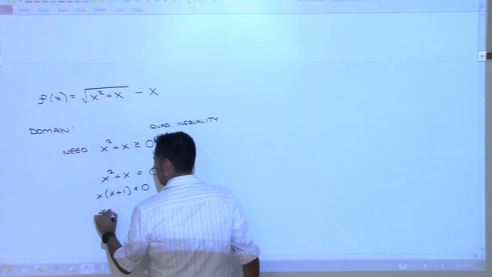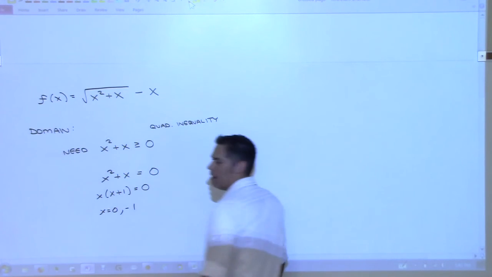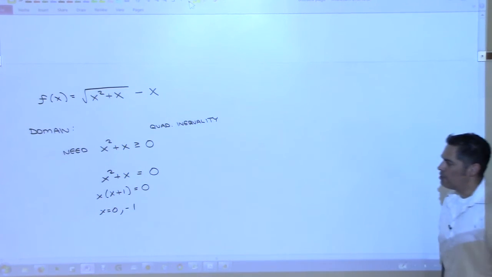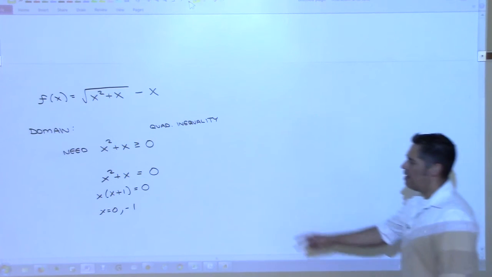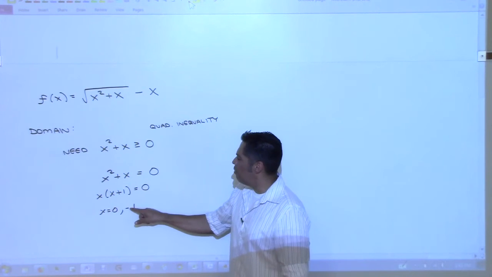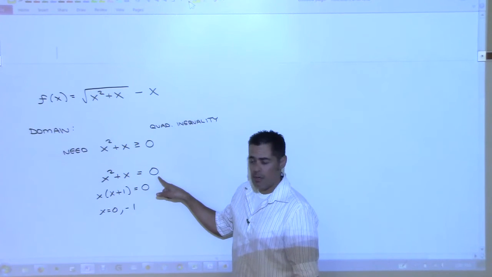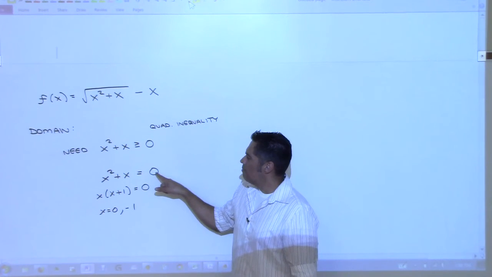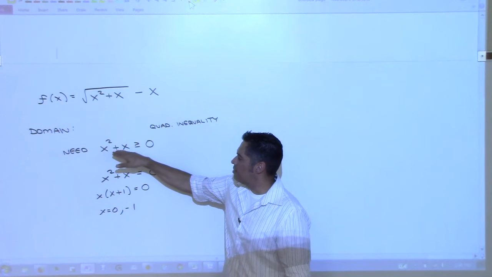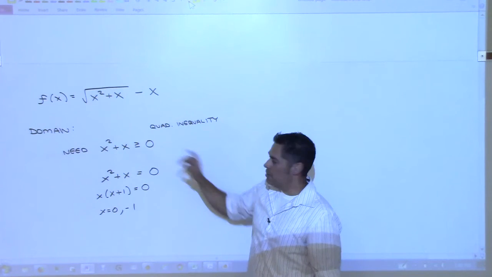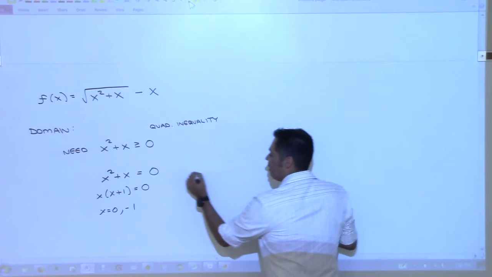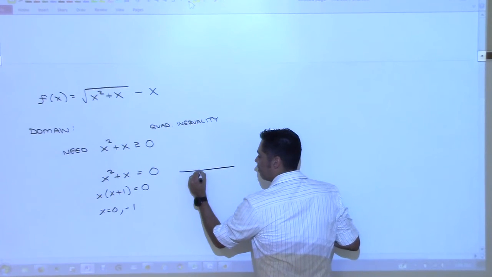So you get two answers, 0 and -1, right? Okay, so at 0 and -1, if I plug in 0 or -1 into this, I'm going to get 0. The question is, what do I need to plug in to make sure that it's greater than or equal to 0? So the next step to solve a quadratic inequality is you draw a little number line